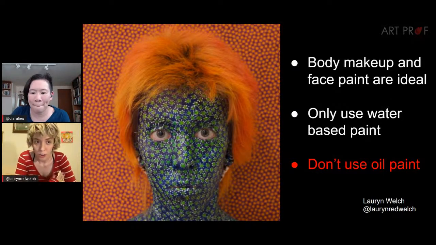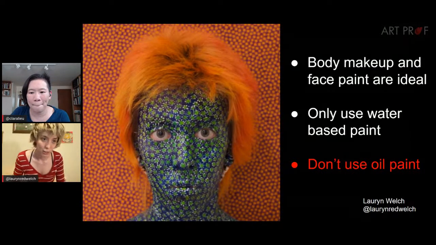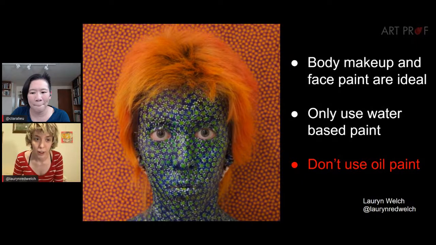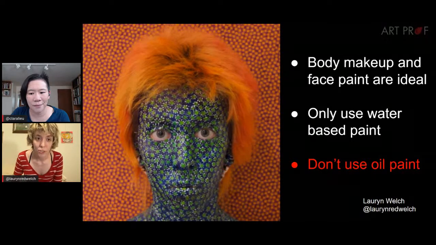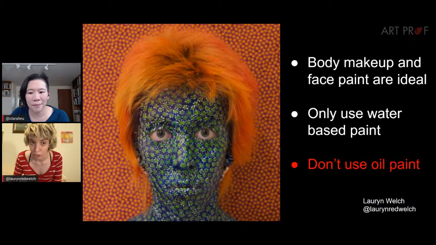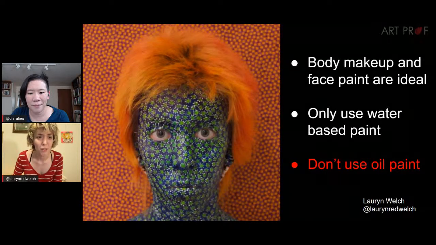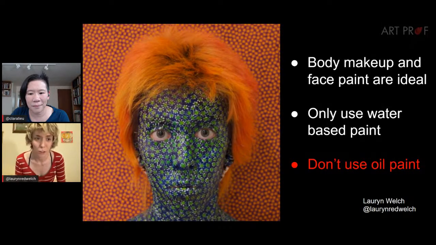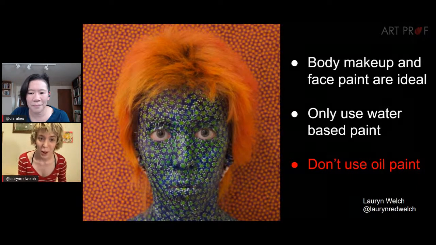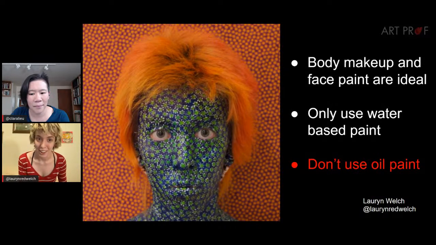So when I first started body painting, and actually through my whole practice of body painting, I have used acrylic. And acrylic is not something that you ideally use on your body. You can, but the issue is it's not made for skin. And so people with sensitive skin might have allergic reactions to it. It also dries really weirdly since it's made out of plastic. So your skin's going to feel all creepy crawly when you use acrylic paint on your skin. So this is why there are skin specific makeups and body paints that exist out in the world.